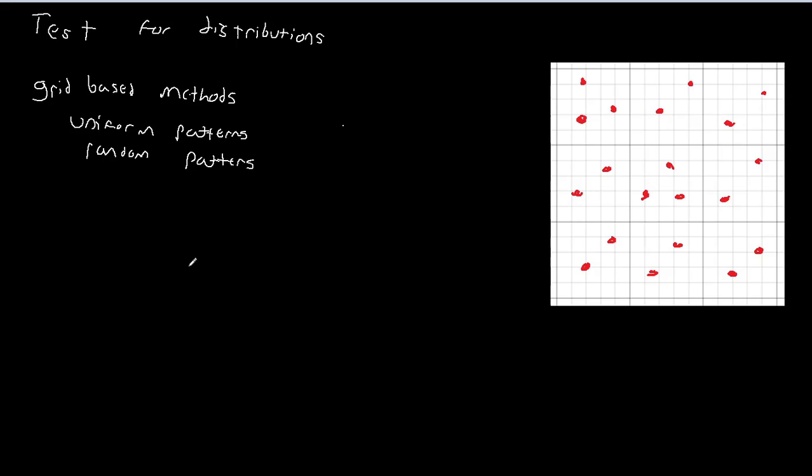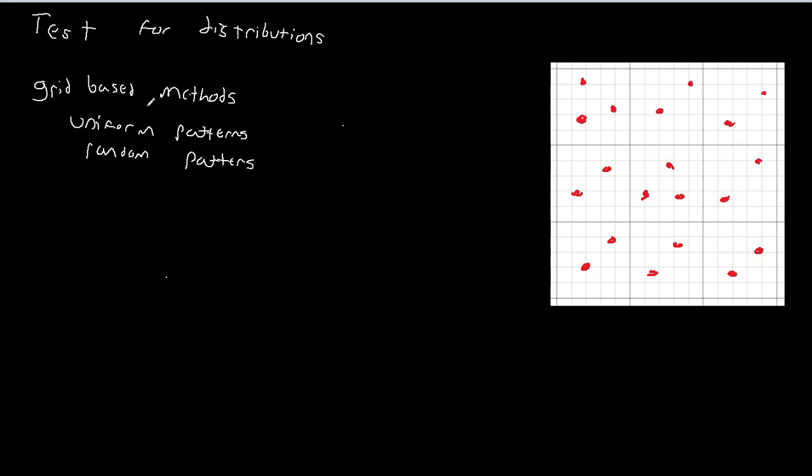And then in the next video, or in later videos, we'll talk about distance-based methods, which are a little bit more robust and a little bit more nuanced. But ideally, grid-based methods are a good place to start because they really conceptualize the framework